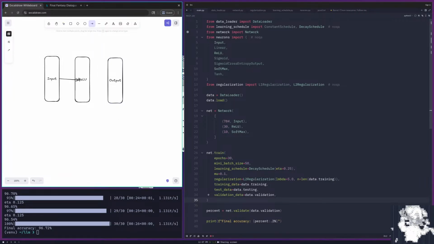Draw some arrows between this. So this is what the neural network's going to look like. So let's say 30 hidden neurons. I don't know how many we're going to do. The output is going to be